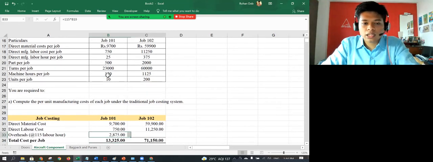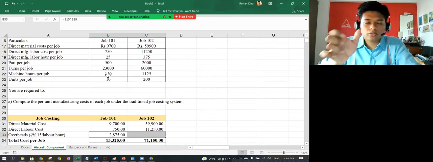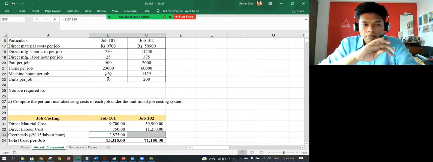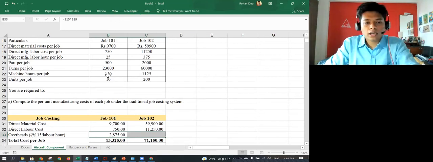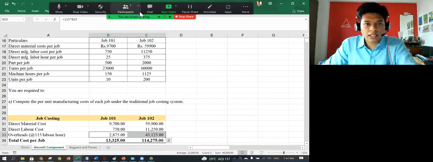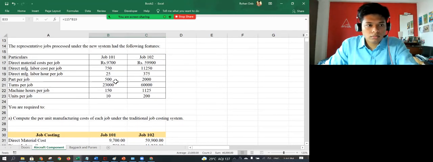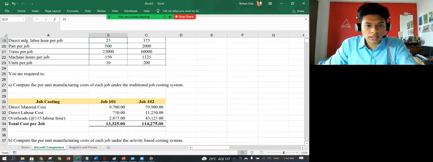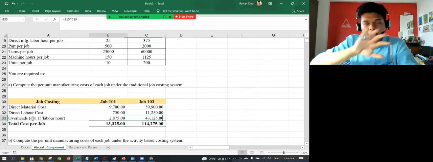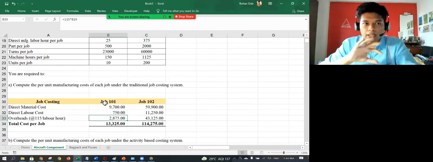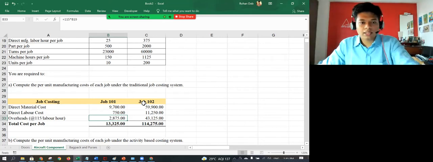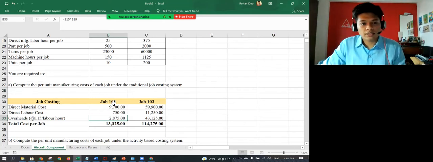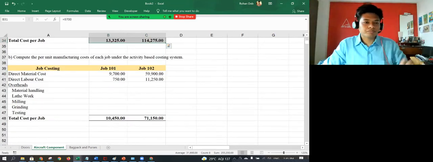And now I'll just use Control R. Control R is a shortcut to quickly paste the same formula in the right cell. So if I do Control R, you can see that it's 115 multiplied by B19. Sorry, here, so C19, 115 into C19, this was B19. As you move, it'll keep copying the same formula. So it might come in handy if it's a long question. Okay, so this is the total cost for the job.